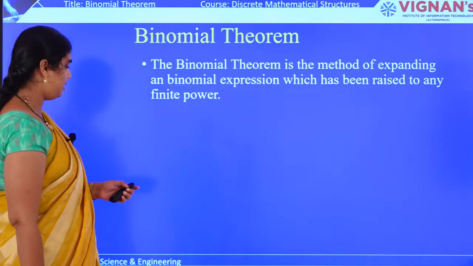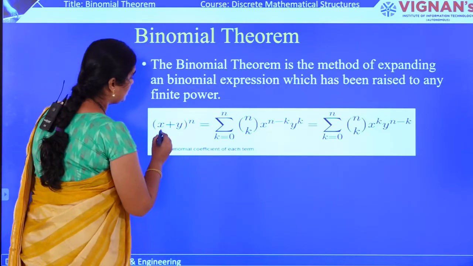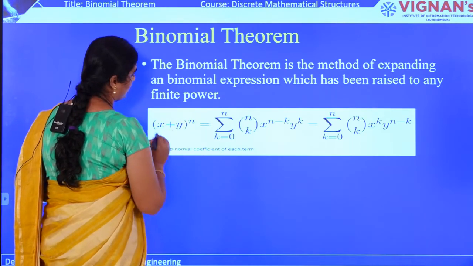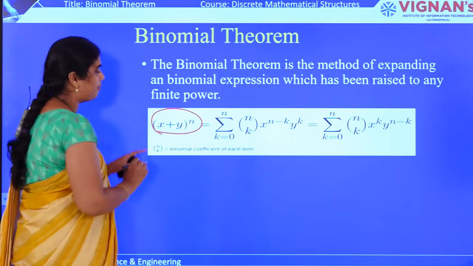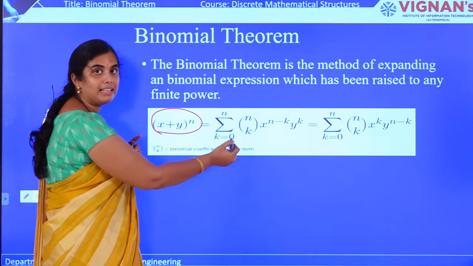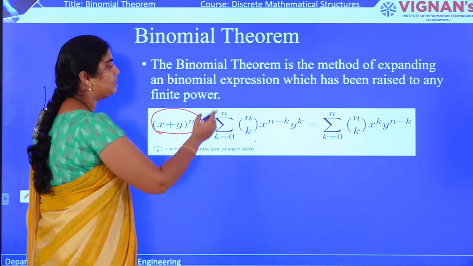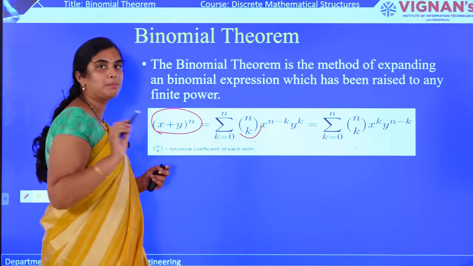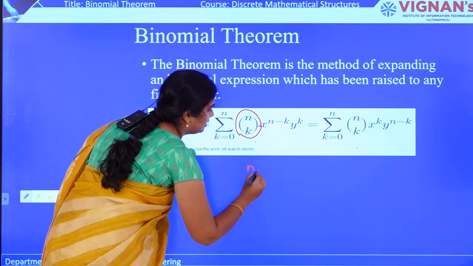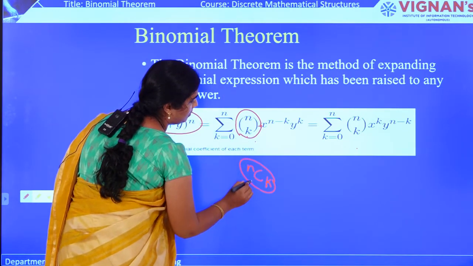Okay? Then this is the formula which is used to expand this binomial expression. Suppose this is x plus y. This is the expansion, x plus y whole to the power of n. This is the binomial expression which is given to us. So, in order to expand this term, we have these two formulas, both mean the same. Let me explain one by one each term of this. Here, this nk means nCk. Just remember this representation means nCk.